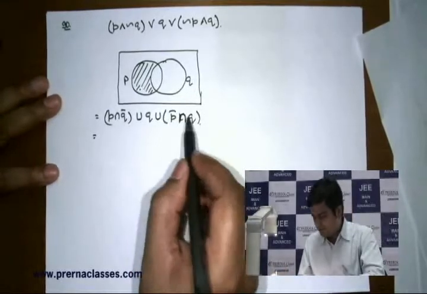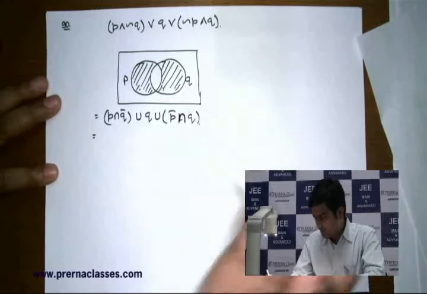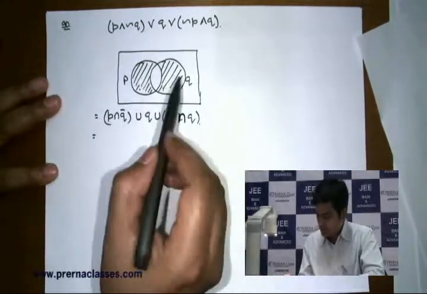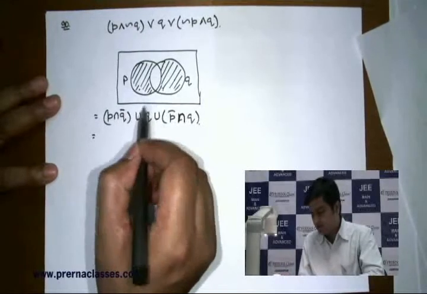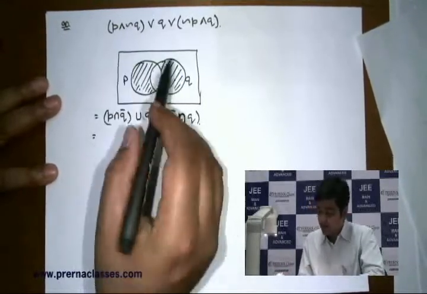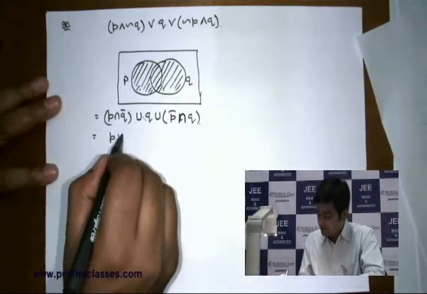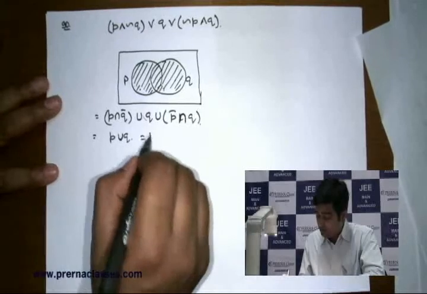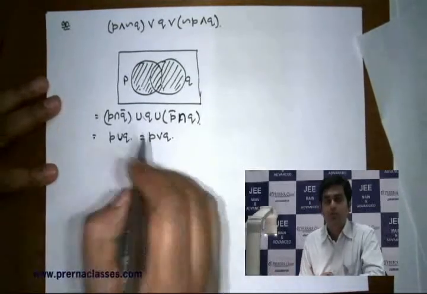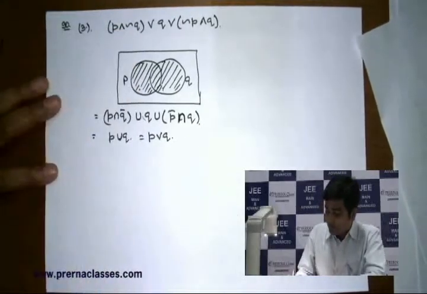In a similar way, P bar intersection Q is clearly going to be this. And if you are taking the union of this shaded area, this shaded area as well as Q, which includes this also, I'll end up getting this whole shaded area, which is nothing else but P union Q. In other words, in terms of the notation of Boolean expressions, it is going to be this, which is nothing else but option 3.